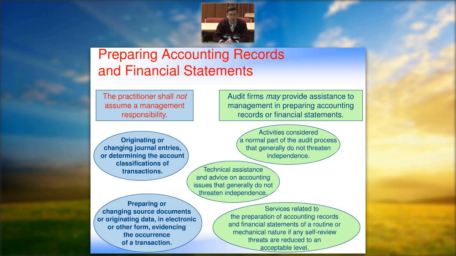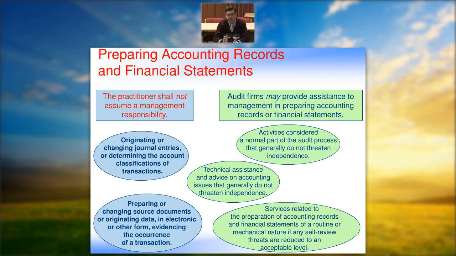So, if you do make journal entries or whatever, adjusting the financial statements, you should absolutely have the explicit authority of management to do it. Nor should you prepare or change source documents or originating data in electronic or other form evidencing the occurrence of a transaction. Now, on the other hand, audit firms may provide assistance to management in preparing accounting records or financial